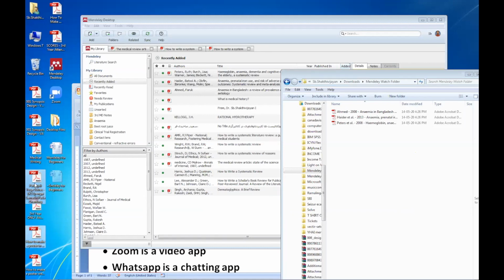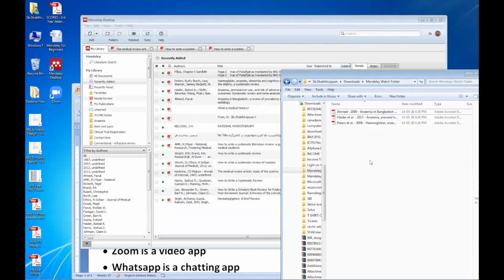These 2 documents I am dragging and dropping into the watch folder that I have kept. See, I am not adding this into Mendeley. I am adding into my watch folder. Now I release my left mouse button. It is going to add here. I added 2 documents into my folder. You can see immediately that it has come here into Mendeley.